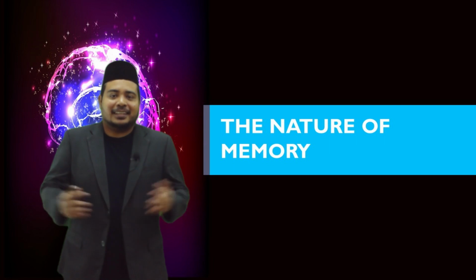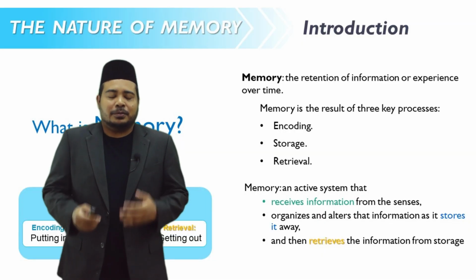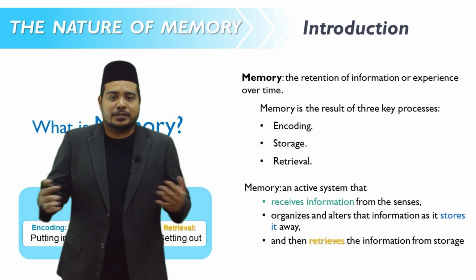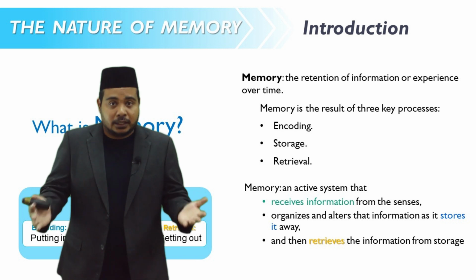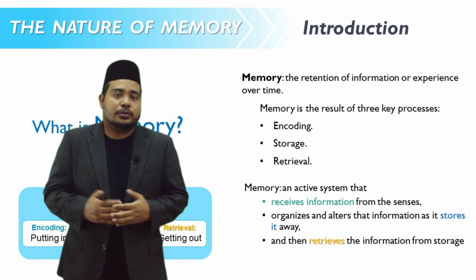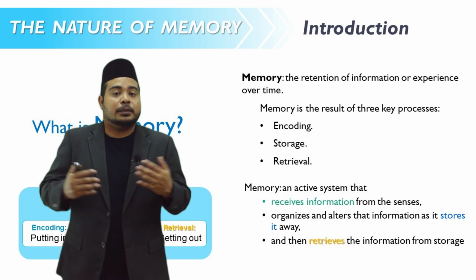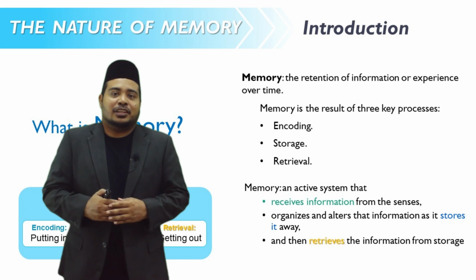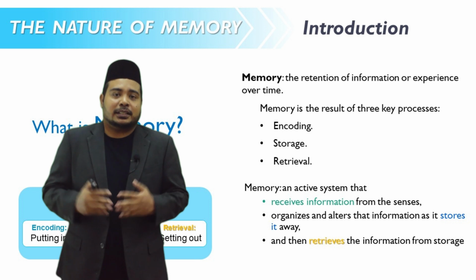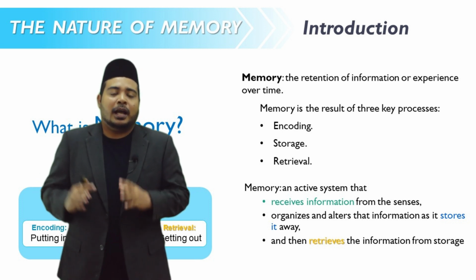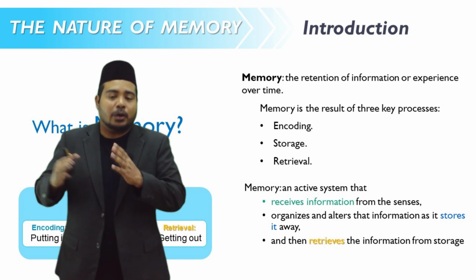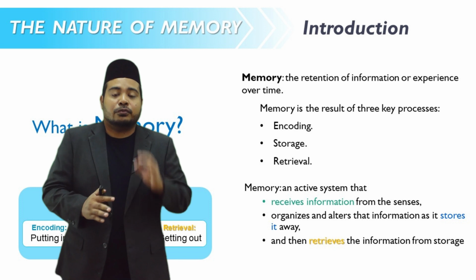The first subtopic, the nature of memory. So basically, what is memory? Memory is the retention of information or experience over time. So whatever we've learned, whatever we have experienced, if we are able to retain that information, if we are able to remember those memories, those history, those situation, people we meet, so basically those information and experience are being stored in our memory. So in order for us to be able to do all of these, memory involves 3 processes,